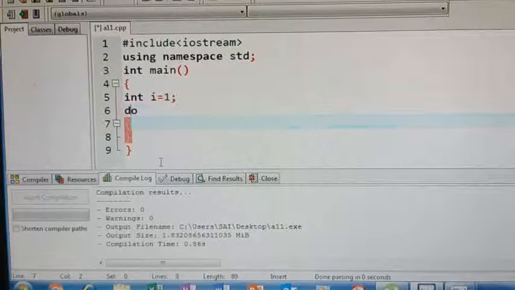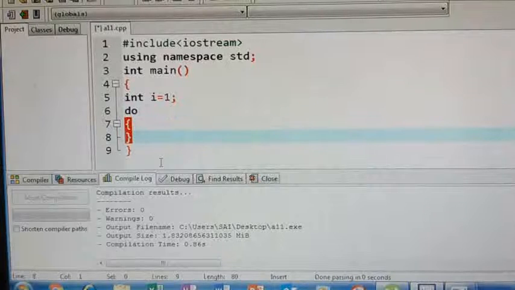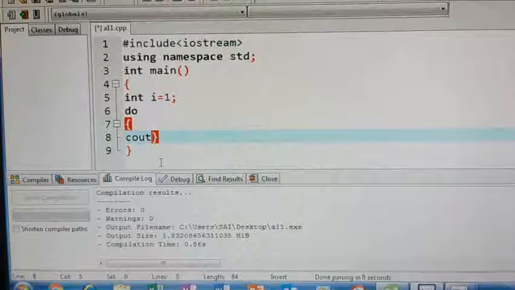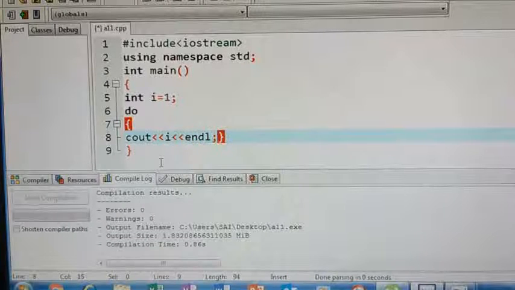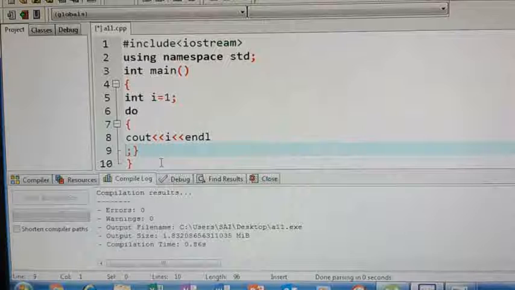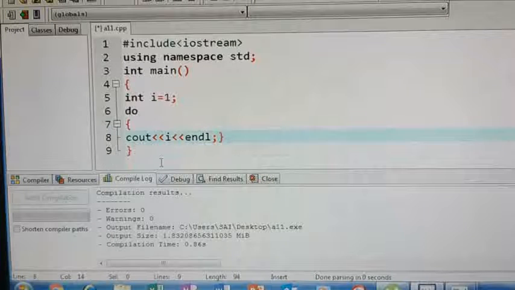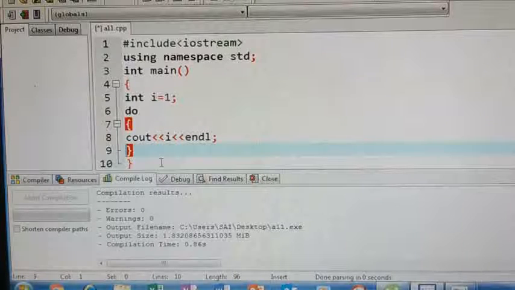Now it is a loop, a body of the loop, so that should be enclosed between braces. Now I am printing this, cout I, and every time I want to break the line, I am giving an endl. Now after the semicolon, just give I plus plus.